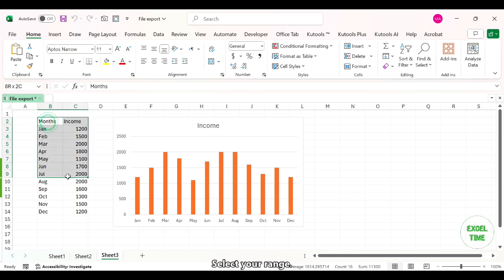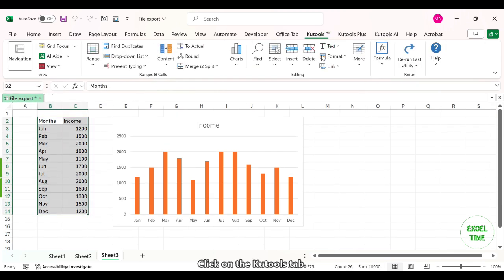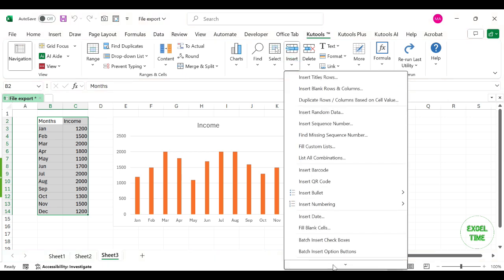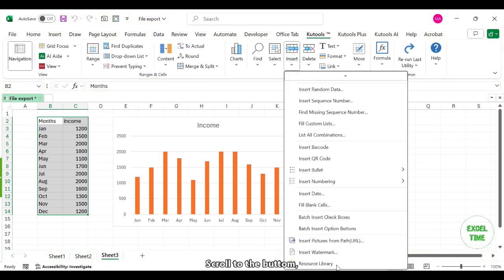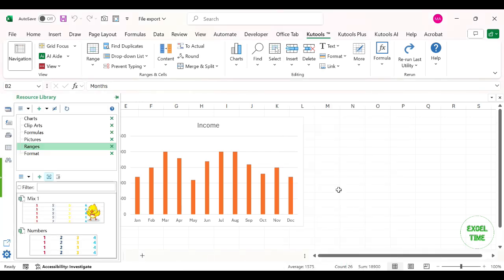Select your range, click on the Kutools tab. In the editing group, click on the insert drop-down list, scroll to the bottom and select the resource library. The resource library pane pops out and select the range you want to add to the resource library. Then click the add button